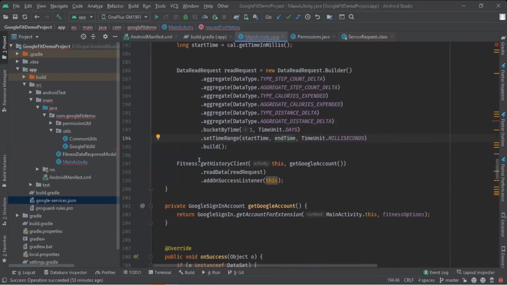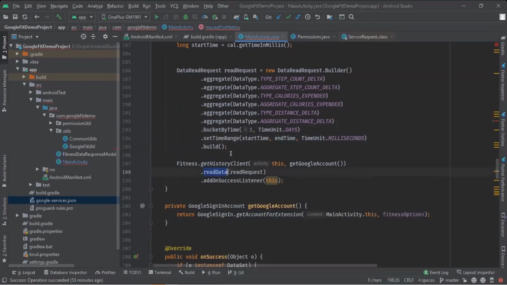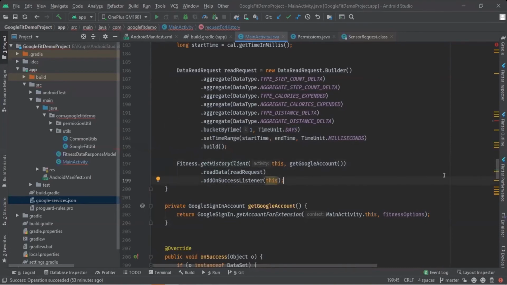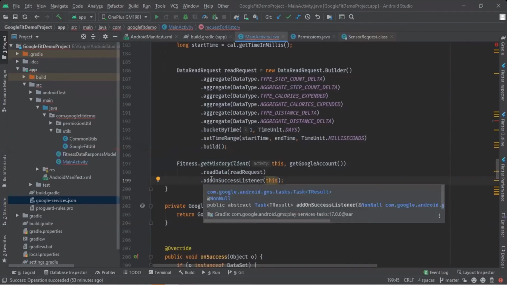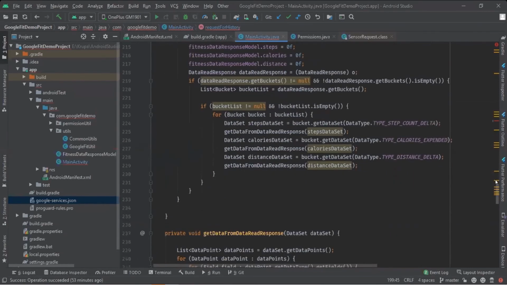And then, same as for 2 days data, you can set the read data request with the history client, and you will get the data in the same callback listener. Like I set the on success listener same as above. So